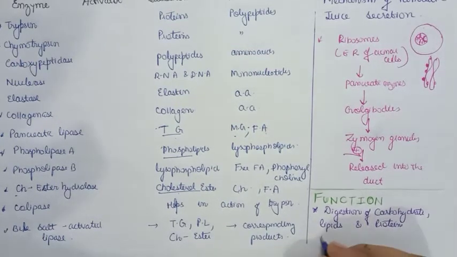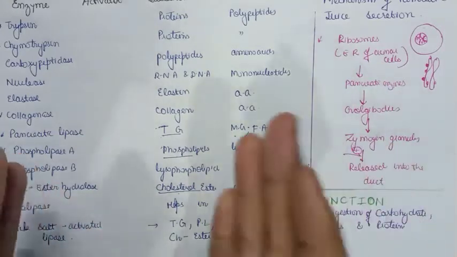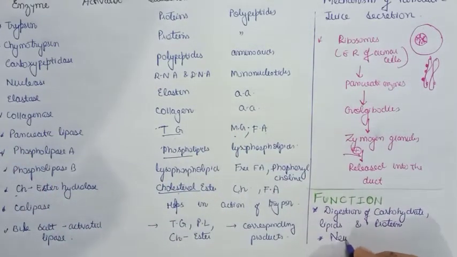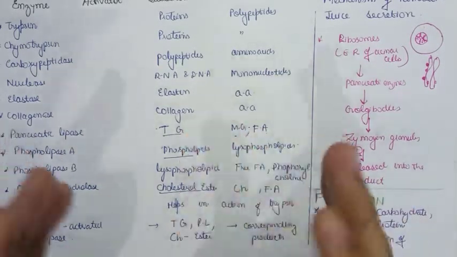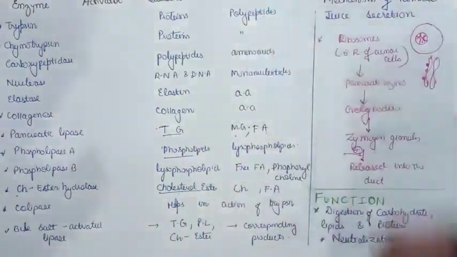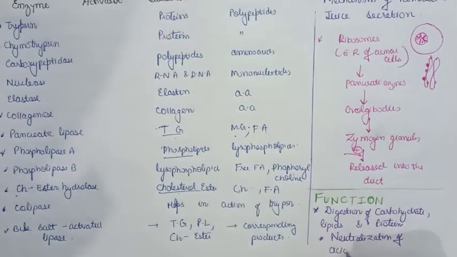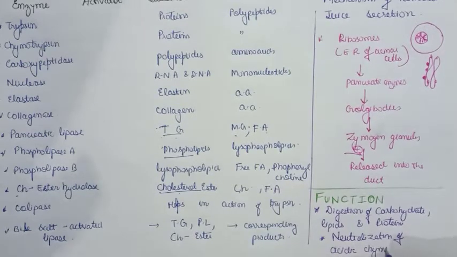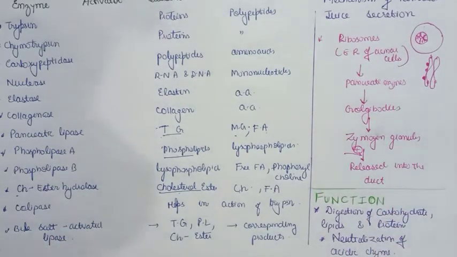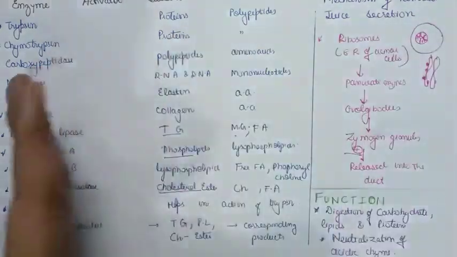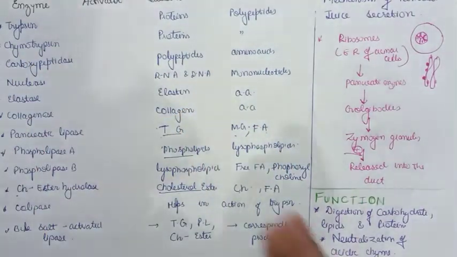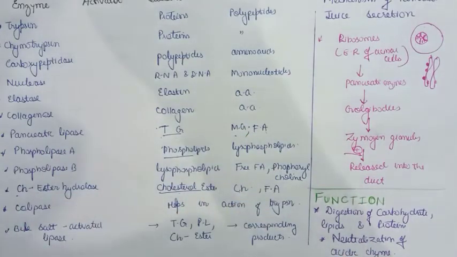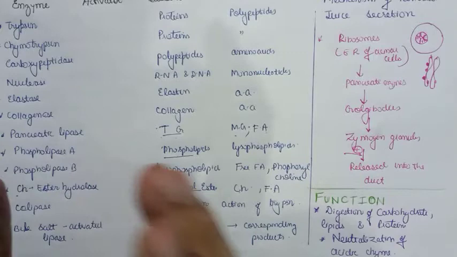Apart from it, one more important function served by the pancreatic juice is neutralization of the acidic chyme which is passed on from the stomach into the small intestine. So these functions are served by the pancreatic juice, and you can see how important it is for the digestion of the different products, it may be the proteins or the lipids or the carbohydrates, especially the starch. Pancreatic amylase converts starch into dextrin and maltose.